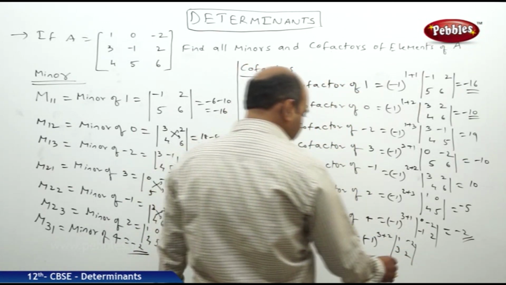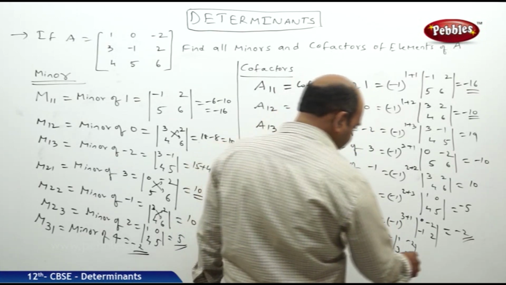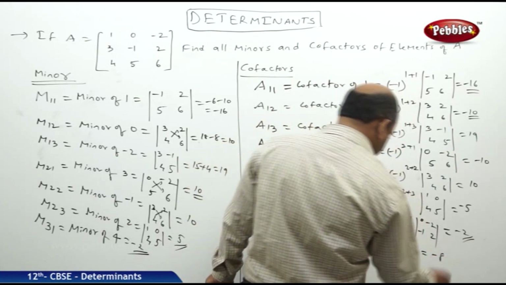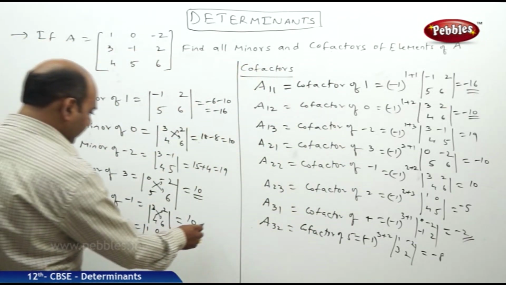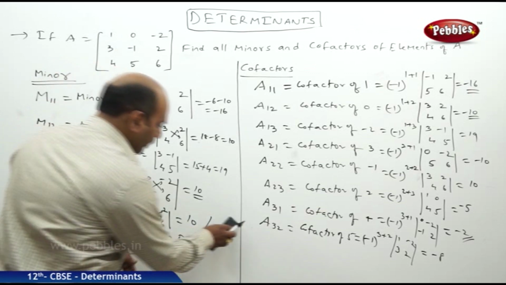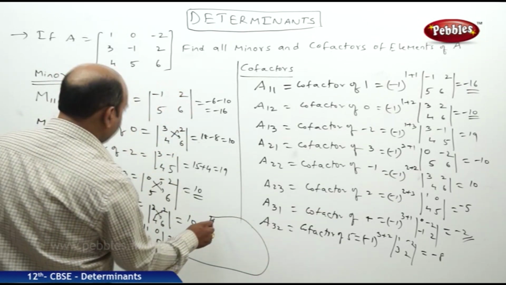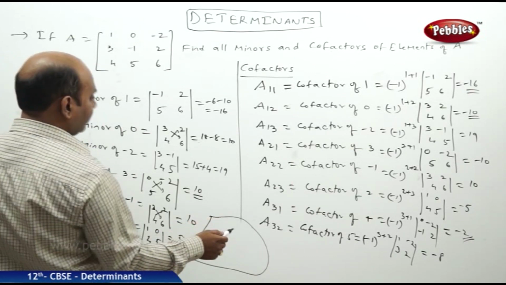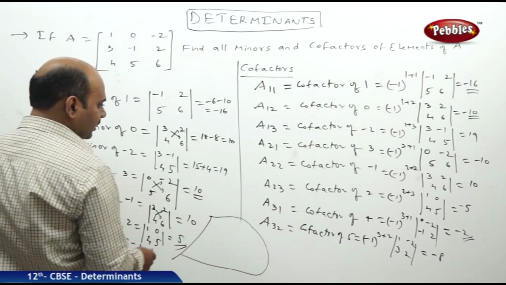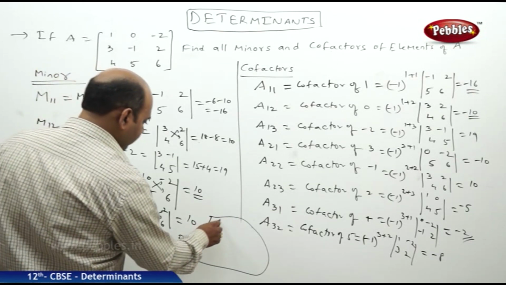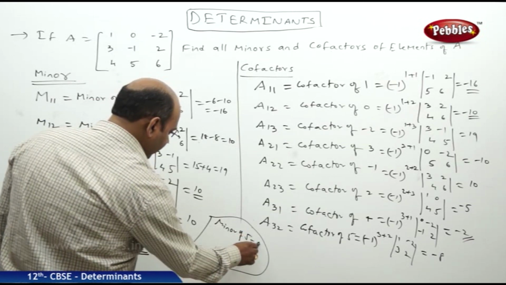So its calculation: 1 2s are 2, 2 plus 6, 8, and here minus 1 whole power 3 plus 2 means there remains minus 8. So directly here I am writing the minor. Minor of 5 means what we obtained? It will be 2 plus 6. It will be 8. Minor of 5 is equal to 8.